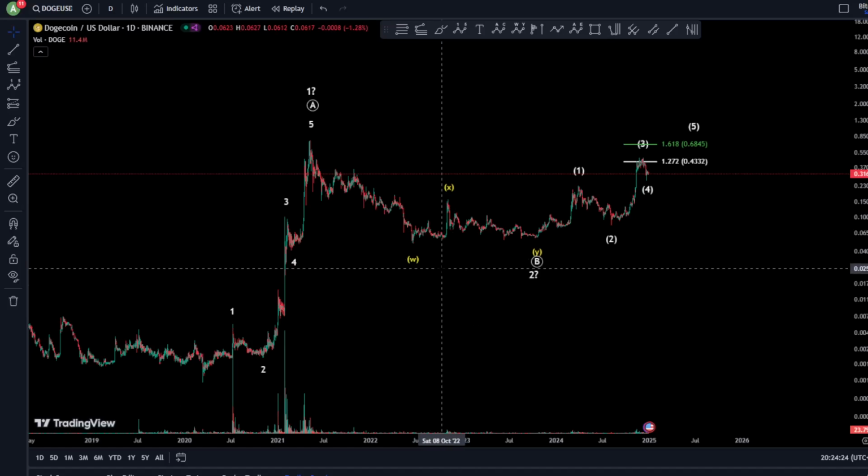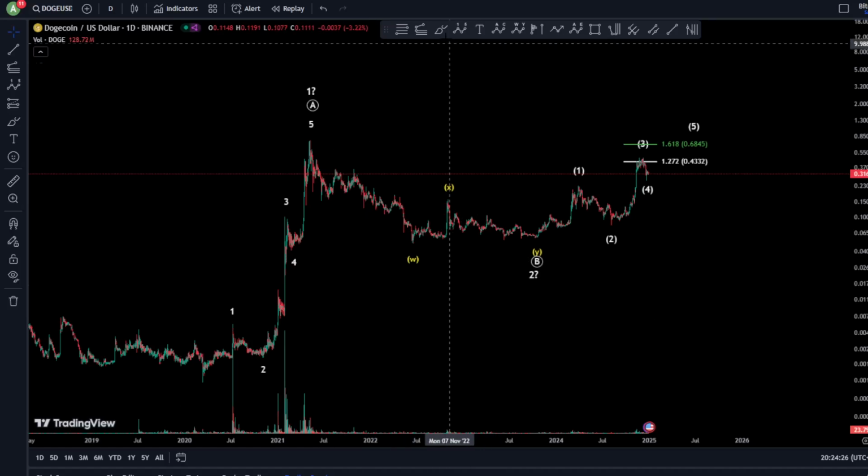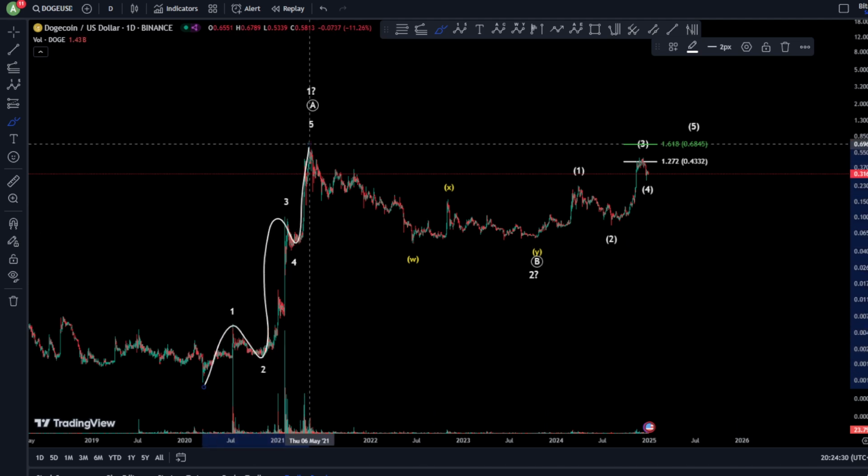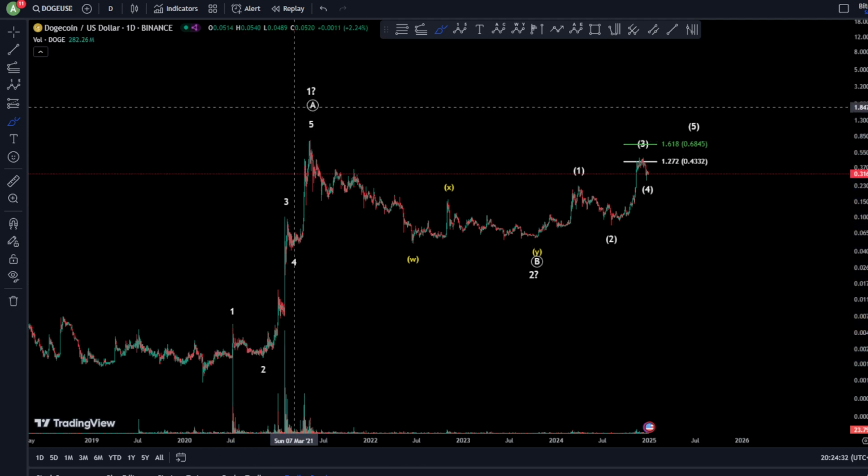Hello everyone, welcome to a new video for Doge price prediction based on Elliott wave analysis. Starting on the daily chart, we have a 1, 2, 3, 4, 5 impulse towards the upside, finishing a wave A